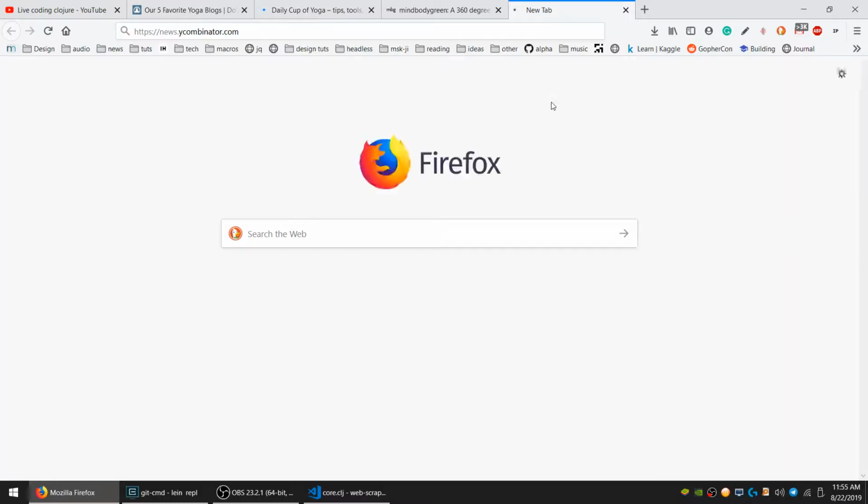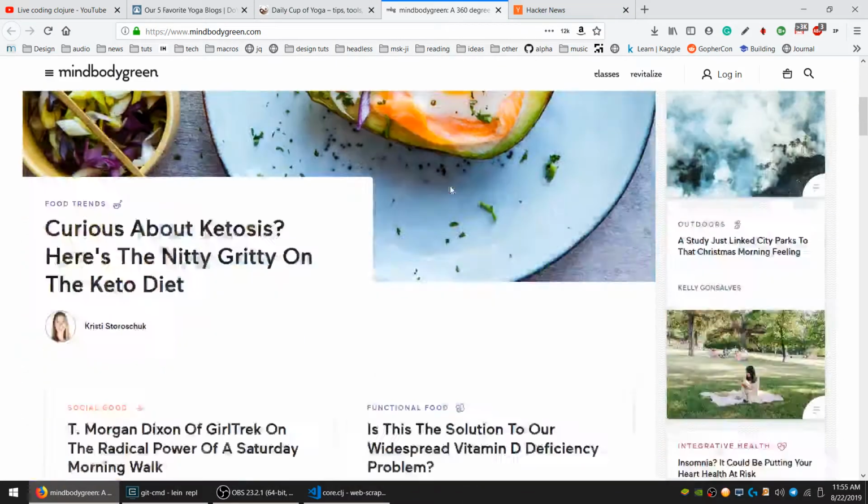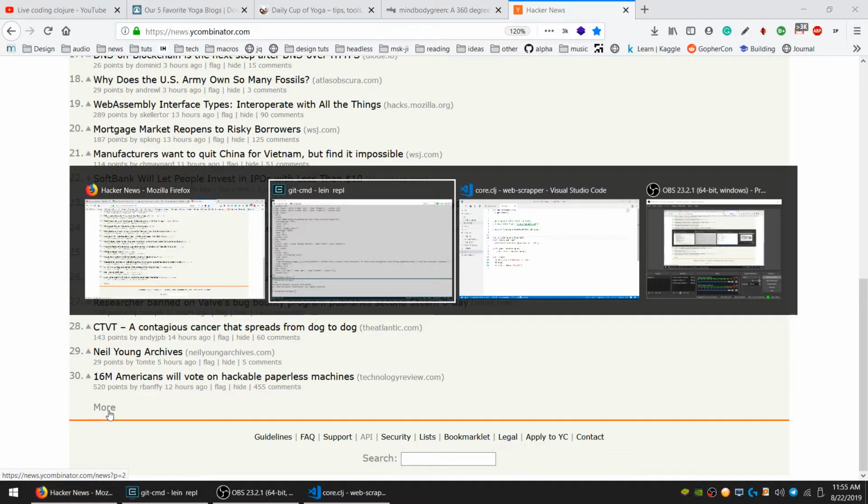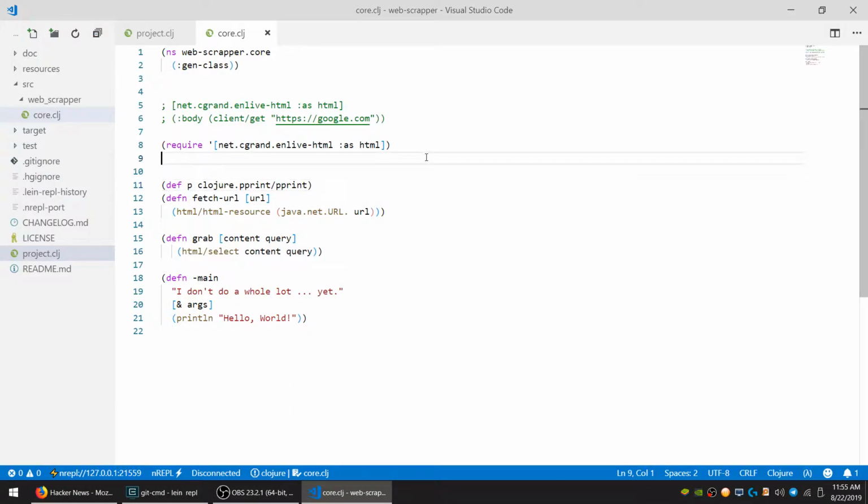And let's also open up Hacker News. Okay, so there is some more link, right? So page 2. So let's build